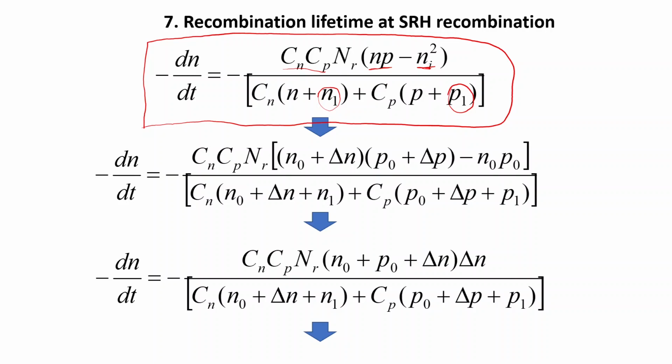So when the Fermi energy coincides with the energy of the trap, at which this trap-assisted recombination is going on. The same stands for P1. So these two parameters depend on the energy position of the level associated with this defect or impurity